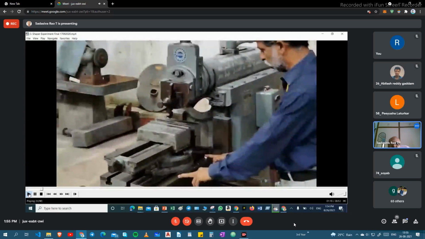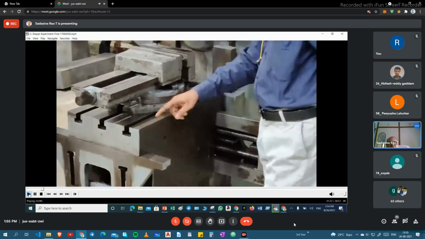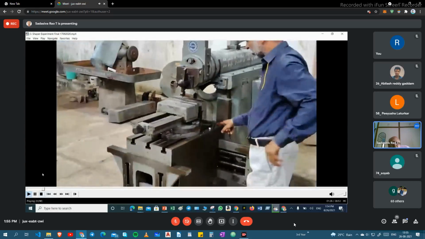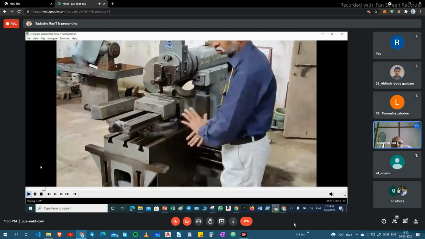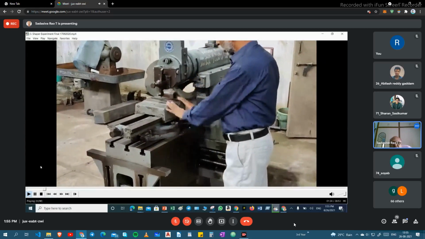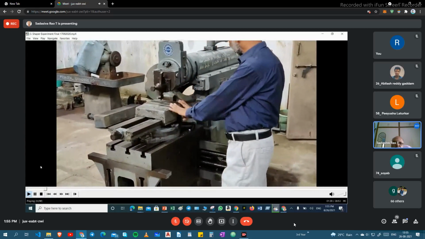And this is the table, the field where we can directly fix the workpiece by clamping. On the table is the machine vice, for holding small workpieces we use this machine vice.